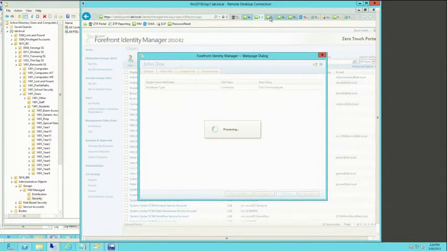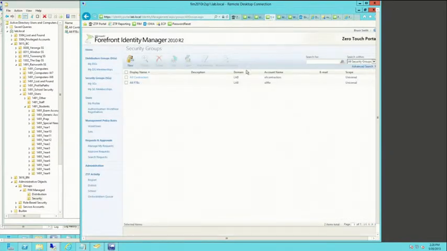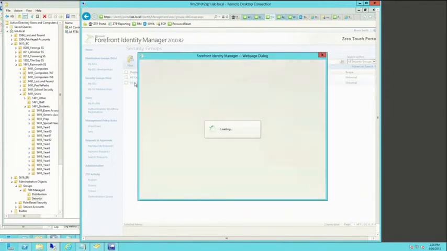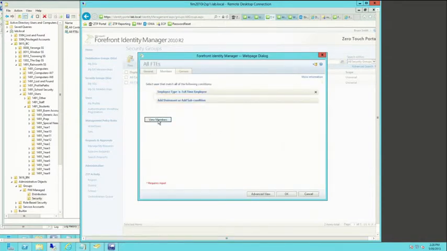Now, internally in FIM, when that closes, he's now moved into the All Full-Time Employees group in FIM. You'll have to excuse me, this is running out of a couple of laptops out of my house. So we can see here that he's now a member of that group, and he's no longer a member of